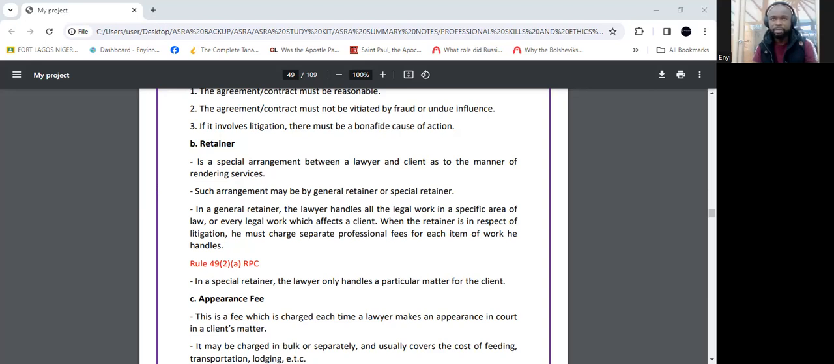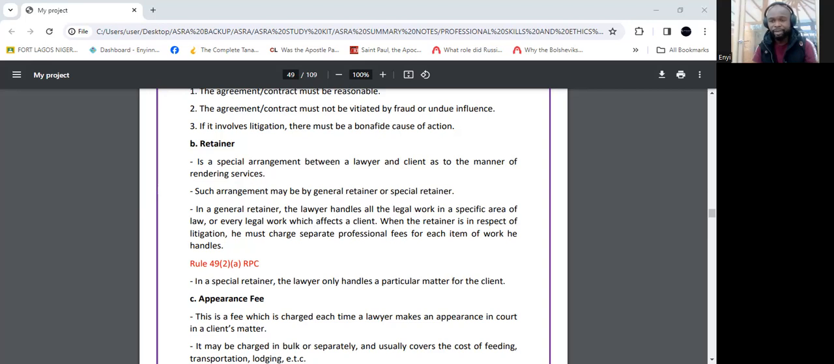All right. So one day could be something to do with a property acquisition. Another day could be something to do with an employment dispute. Another day it could be something to do with a breach of contract. So any work at all, any legal work is covered under the scope of a general retainer,